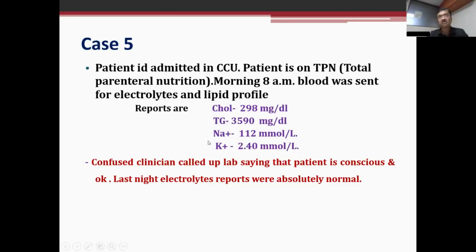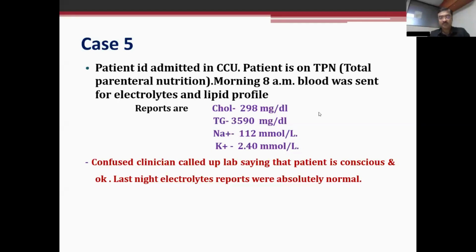Now I just worked it out. I got the information that the patient is on TPN. Do you know what TPN is? This is Vitrinix. It is given for 12 hours to a patient. Throughout, the patient is unable to take anything by mouth, so they give it via an IV infusion. It's a thick hyperlipid-containing solution, given only at night when the patient is sedated. Most of the time in CCU, that is the protocol.